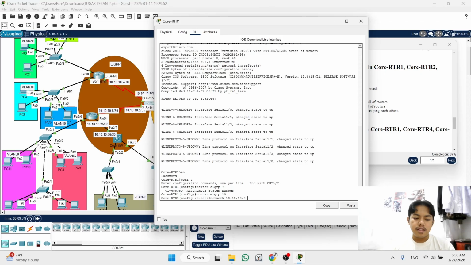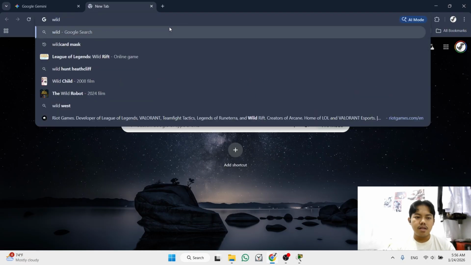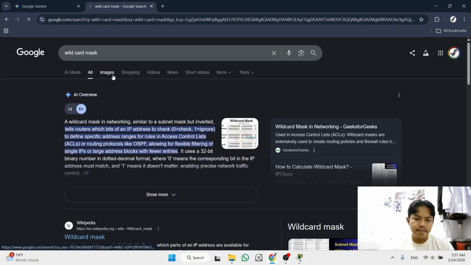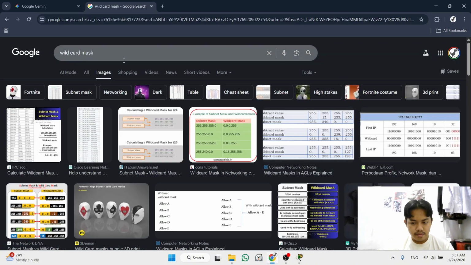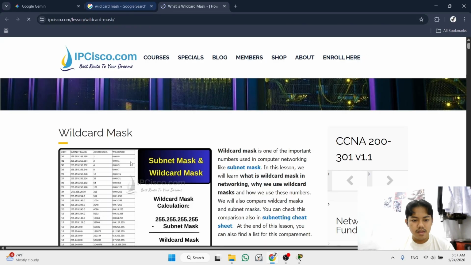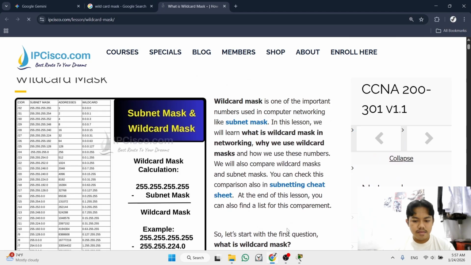For ease, you can search on Google. You search wildcard mask, and then you go to the images, and you click this. You see the prefix of our network is 30.